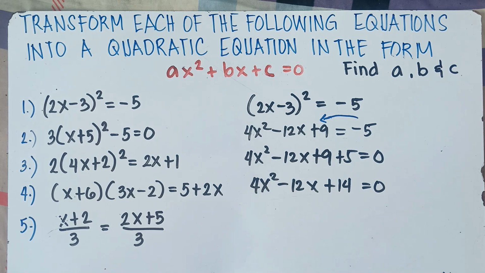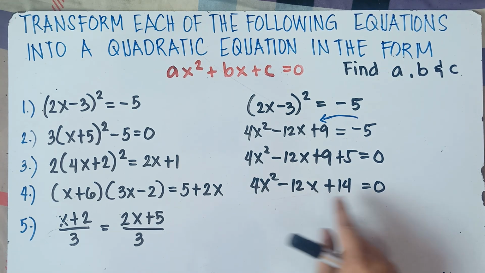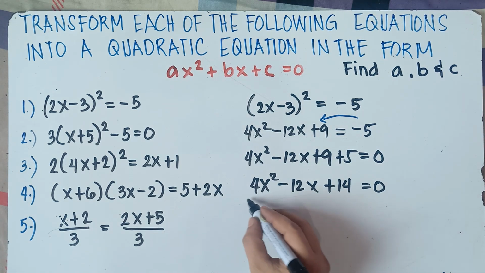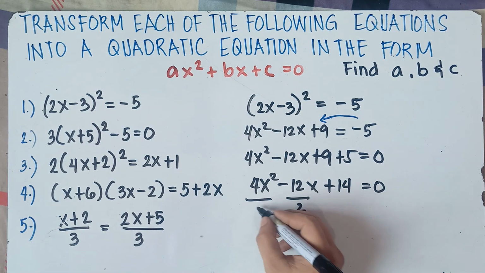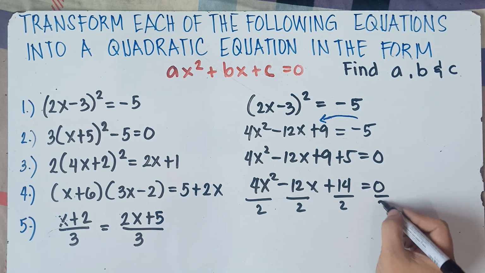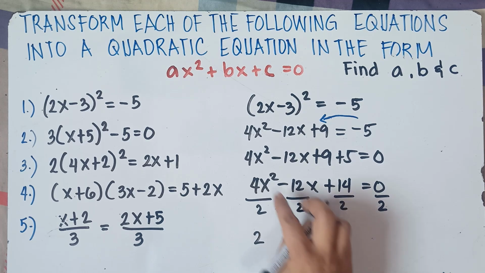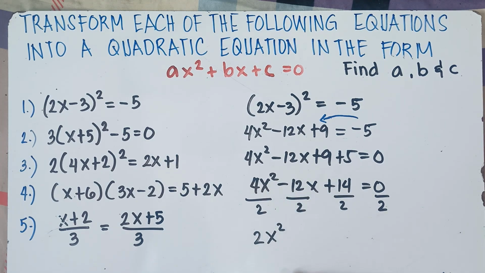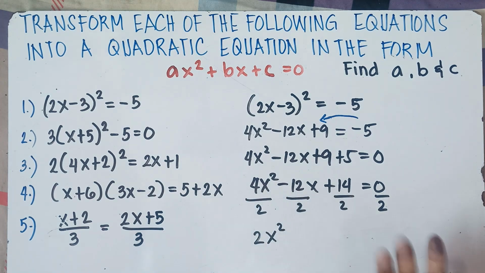Yup, we can actually reduce this one by 2. We can divide 4 by 2. We can also divide 12 by 2. We can divide 14 by 2. Question, sir, is it necessary to reduce the equation, sir? Yup, it is necessary, class, to reduce the equation if you can reduce. So divide by 2, divide by 2, divide by 2. So 4 divided by 2, that is 2. Simply copy x squared. Once again, class, we need to get the greatest common factor of 4, 12, and 14. And that would be 2, class.